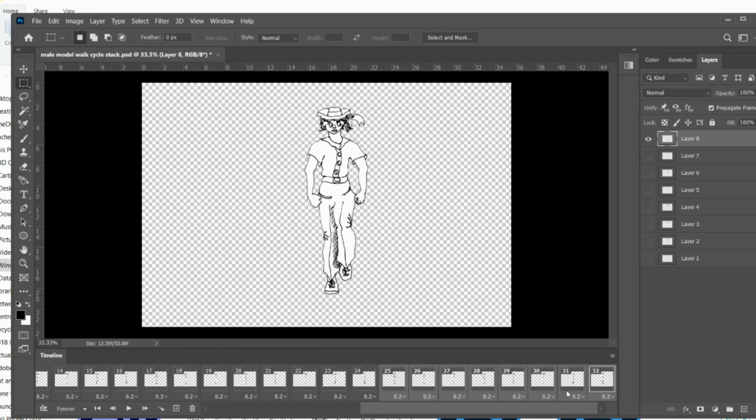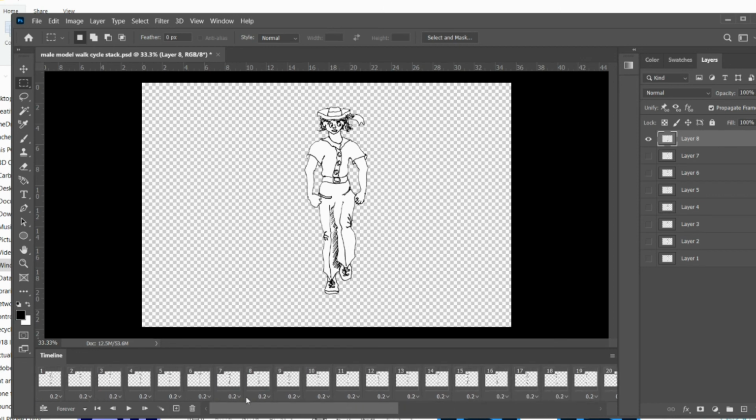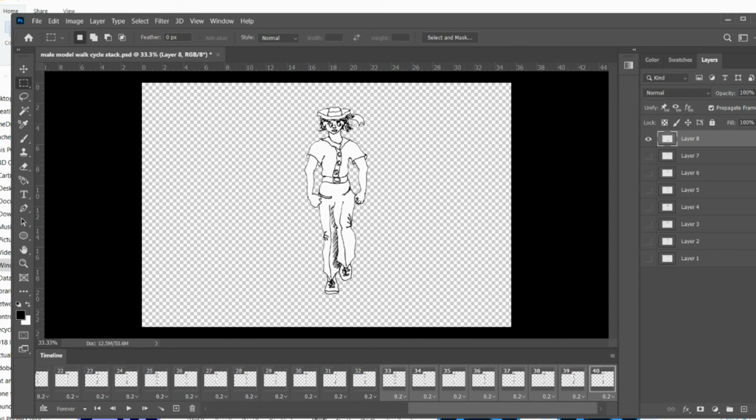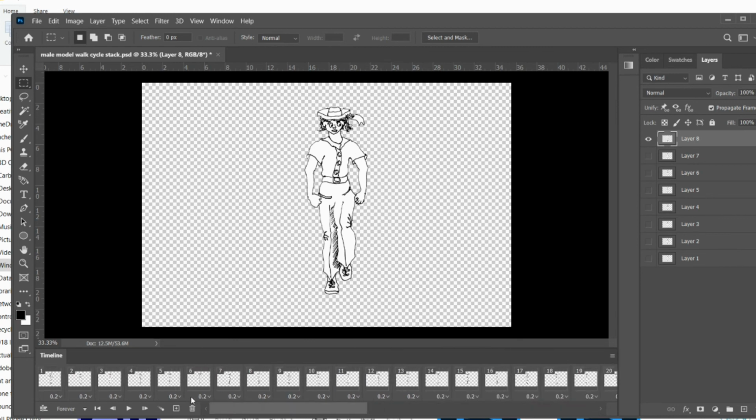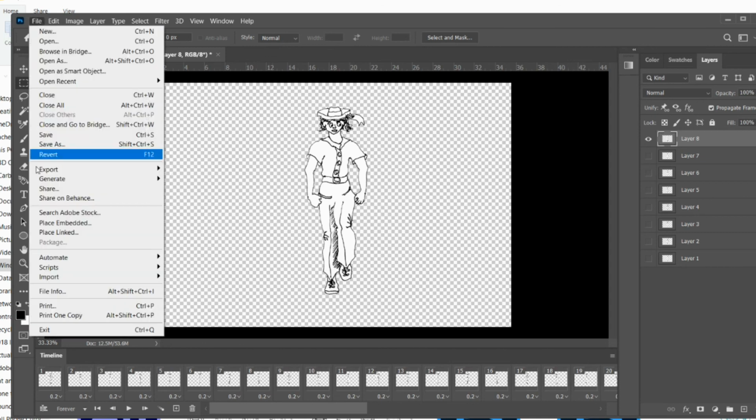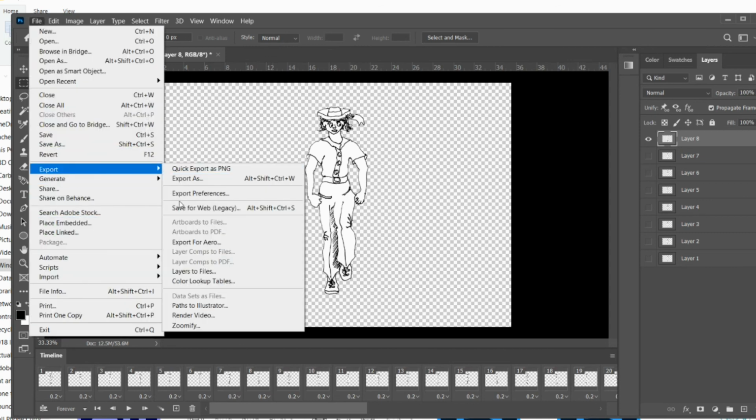So now it's got 32 frames. Let's just do plus again, and now it should have about 40 frames, and let's do plus again. Now it's got 48 frames. So now it should duplicate nicely, and now I'm going to do file, export,